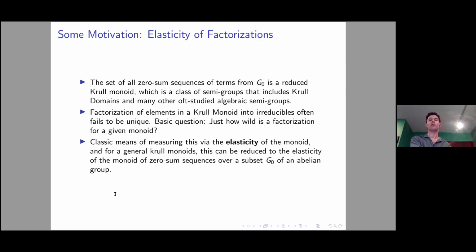That's very strange behavior. And people only noticed that because they were so used to the integers, they just assumed that. And once they moved on to broader contexts where factorization was possible, they soon discovered that this was not normal. There were lots of other situations where factorization could be much more ill-behaved. But even if we don't have unique factorization, we can still wonder, is the factorization completely wild? Are there some restrictions on what can happen for the factorization? And when trying to study factorizations, there are means to try and quantify this. One way that's classically used is something called the elasticity of the monoid.